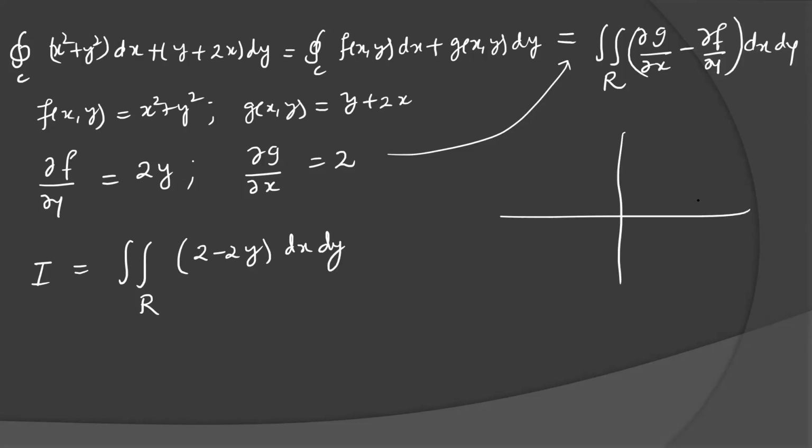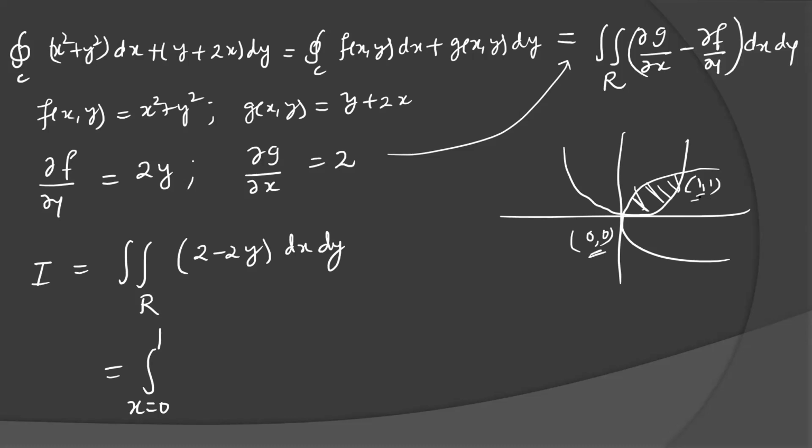If you see the region carefully, the bounded region sides are not parallel to the axis. It means one limit will be constant and another limit will be variable. So if you take the constant limit of x, the limit of x is from 0 to 1. For y, you have to draw the strip. See the multiple integral lecture.